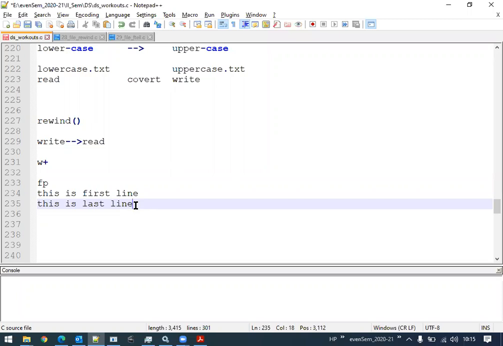Now, the next character after E is the end of the file. I will just press Ctrl Z. So it will ensure that the end of file is inserted into the file. So after E, there is an end of the file. Now tell me, where is this particular FP now pointing to?